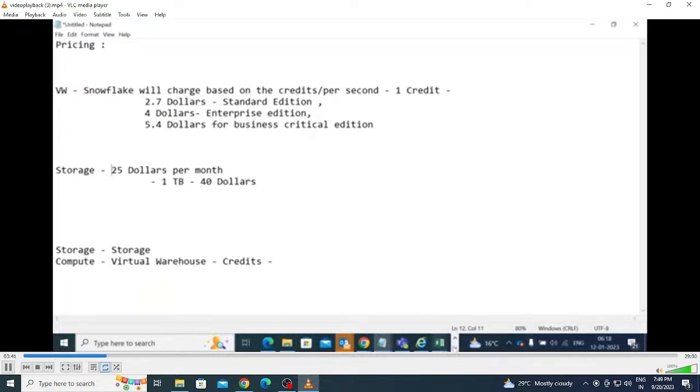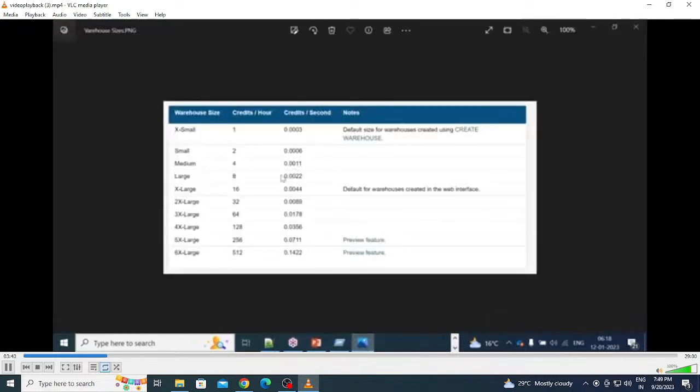Yes. So these are the different virtual warehouse sizes. These are the credits. These credits are very important. Based on these credits, they have already defined, boss,